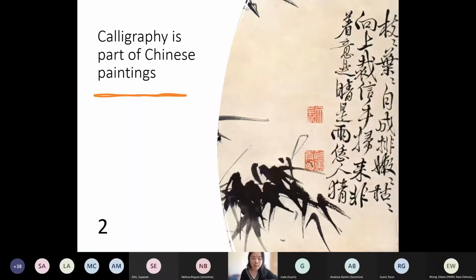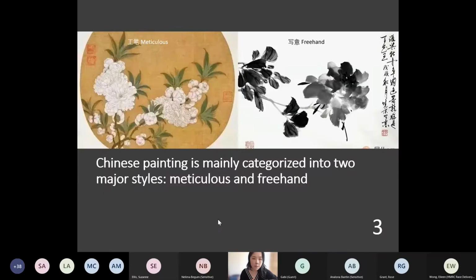Like, it's more about having fun than creating serious art. So not all, but most Chinese paintings we see in the art galleries and museums have calligraphy writings on them. And Chinese painting is mainly